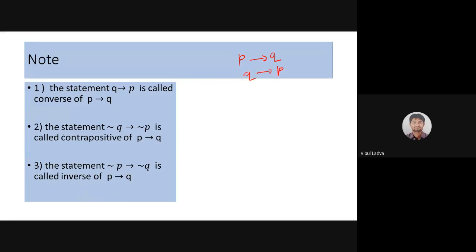Okay, Q to P. The statement negation of Q then negation of P is known as a contrapositive of P to Q. P then Q का contrapositive अगर कोई पूछ रहा है, then it is negation of Q, then negation of P. अगर वेदर सनी है तो हम बीच में जाएंगे, अगर वेदर सनी नहीं है तो बीच पे नहीं जाएंगे. इसका मतलब क्या है? I will not take you towards the beach if weather is not sunny. And the statement negation of P then negation of Q is called the inverse.